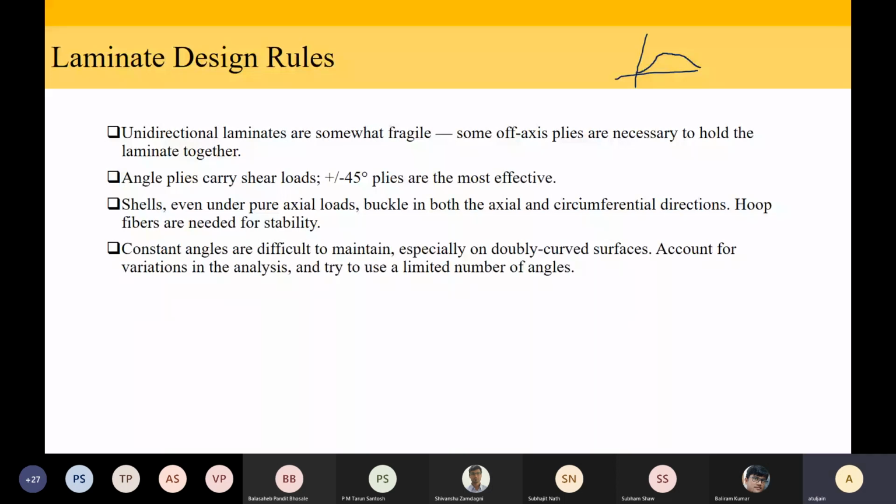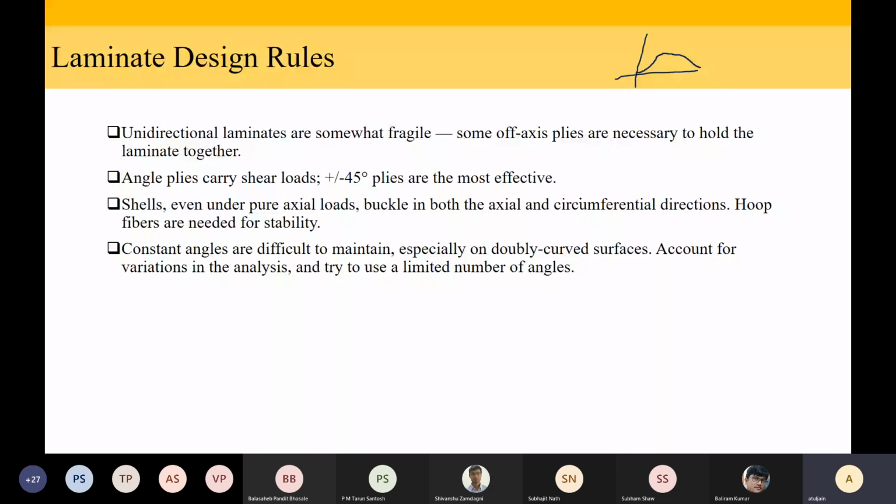Why are they difficult to maintain? No matter how accurately you cut it, you are going to make some error. Constant angle means that, let's say I tell you that I want 15 layers of 20° or 30°, and you start cutting it manually or using a machine. You will see that each of the 20 layers will have slight discrepancy. So you wanted 20 layers of 30, but there might be some 29, some 31s, etc. No matter how accurate, even if you employ a machine for cutting it, you are going to have difficulty in maintaining constant angles, because sometimes during the manufacturing process, some of the fibers might be slightly at an incline.